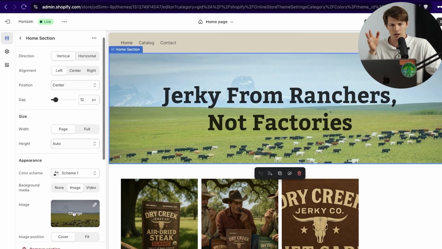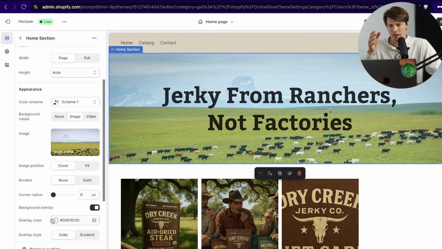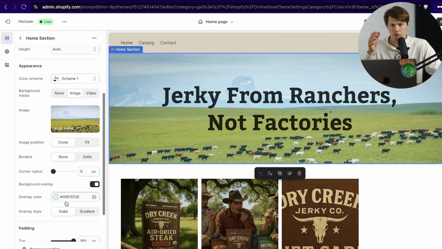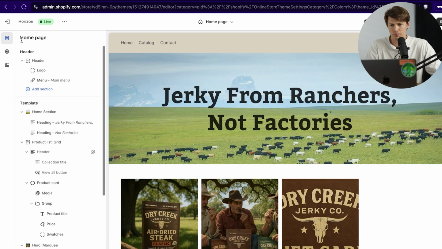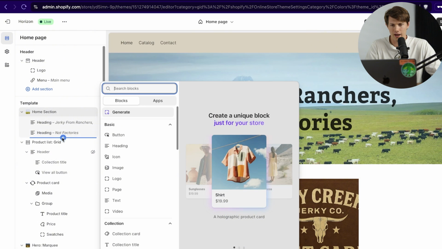Now I have an image that I uploaded, you can see right there, and we have an overlay on top. So the background overlay makes it a little more blue, brings out the sky a little bit more. And this isn't a great layout now because I want to add something to the bottom, which is going to stretch this image out. So if I click on back, you can see under home section, we can click on plus for add block,